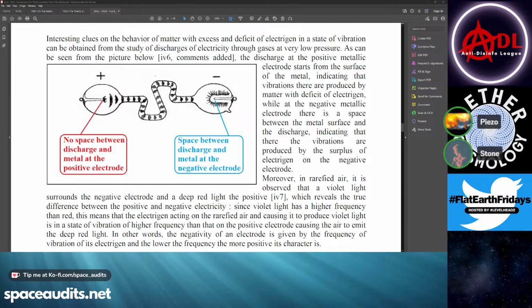Whichever way you flip it, my question is, I've never actually looked at an arc happening in a low gas system. Does one electrode actually have the electricity coming straight off of it and the other one have it buffered by a little gap? Is that actually what happens? It's moving at the speed of light. How can you tell? Oh, I don't know. When the arc is actively on and you can see it with your eyeballs, do you see one electrode with the arc touching it and the other with a buffer gap?